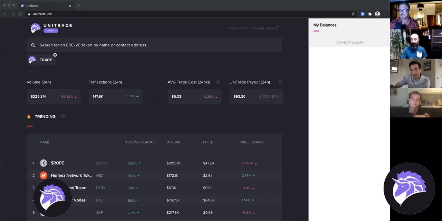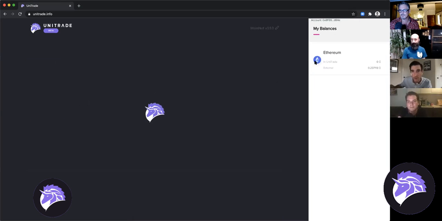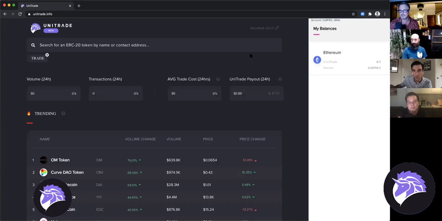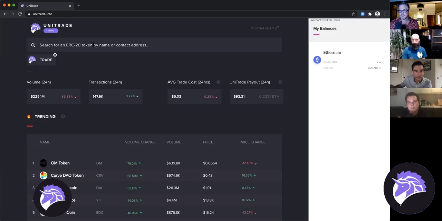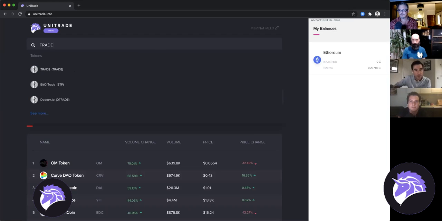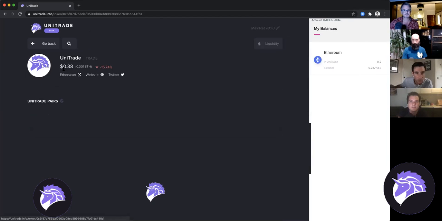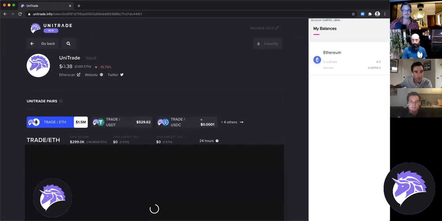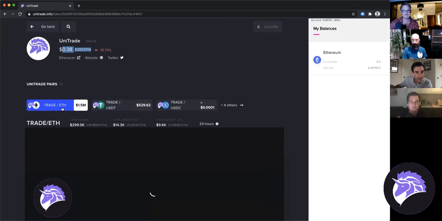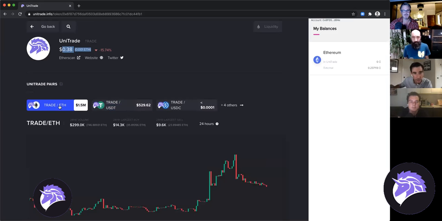All you have to do is go to the right corner. You connect your MetaMask, or Trust Wallet is another one that you can use. And you just quickly execute the connection to MetaMask. You can search a token. Let's use UNITRADE since we're on that topic. And you can see the current price today is 38 cents. You can see the different liquidity pools that you can use: trade ETH, trade Tether, and trade USDC. So there's a few different pools which you can trade, but the majority of the activity is in the trade